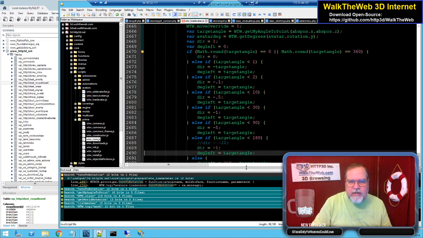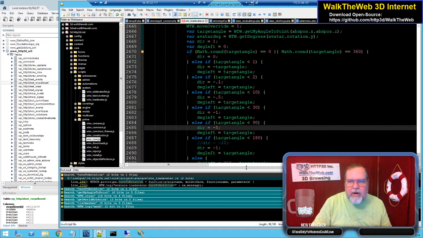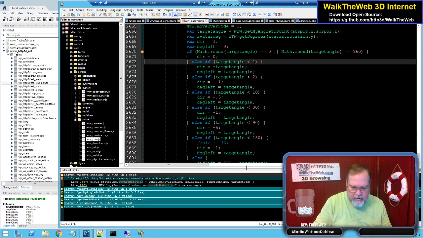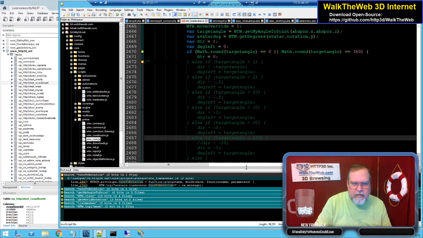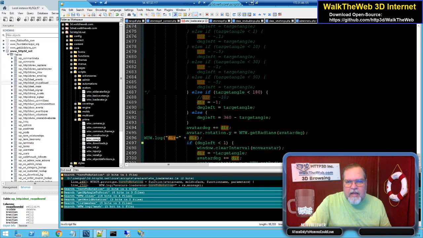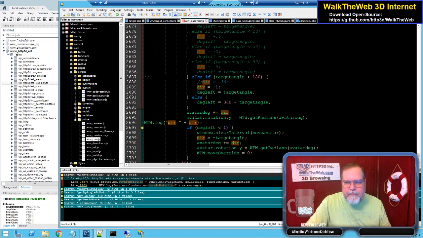If I change that to a -1, and I remark out everything from here to there, then what I'm getting is, if it's no rotation needed, direction is 0, else the direction equals -1, and this still has this effect if it's not less than 180, because we need to make it move more than 180 degrees, so then we deal with that. Okay,